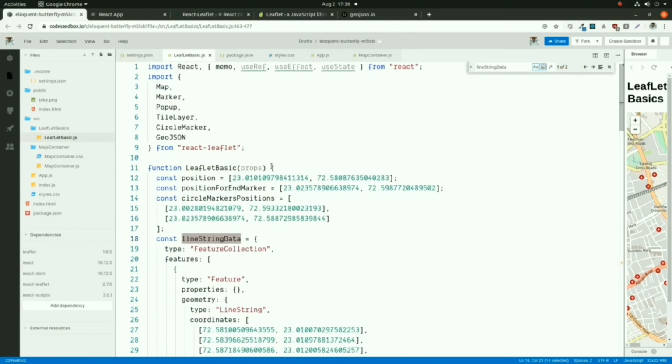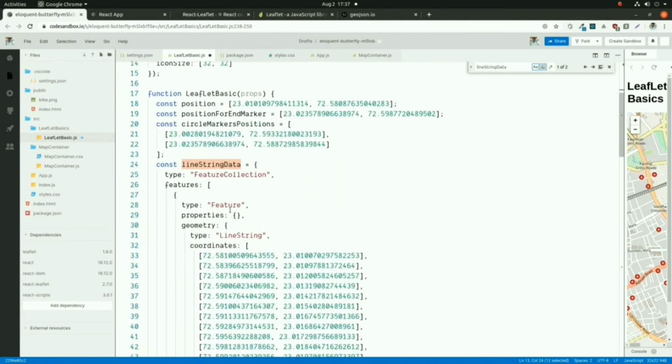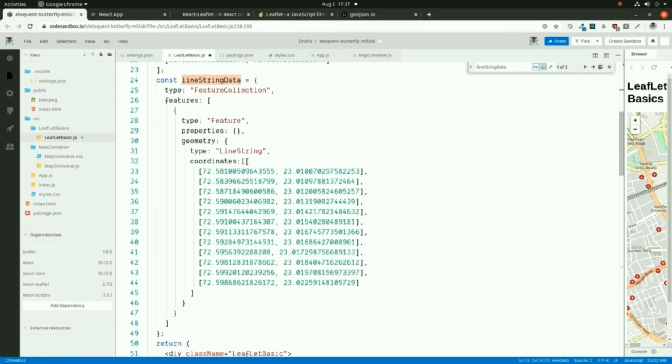For that you need to import the leaflet L from the leaflet node module. Now I am creating the bike icon from the leaflet L element. For that I have passed the icon URL, that is bike.png, and my icon size will be 32 by 32.